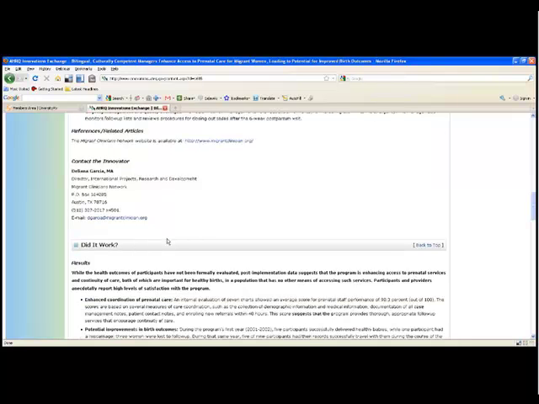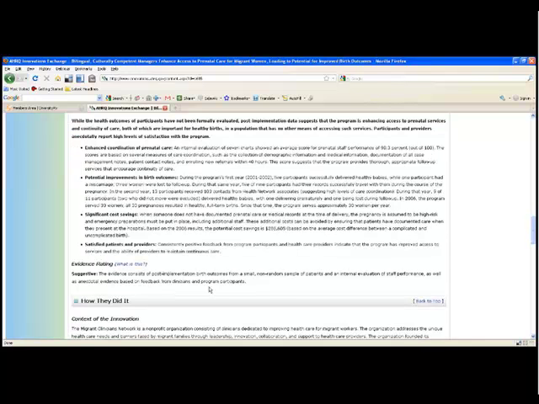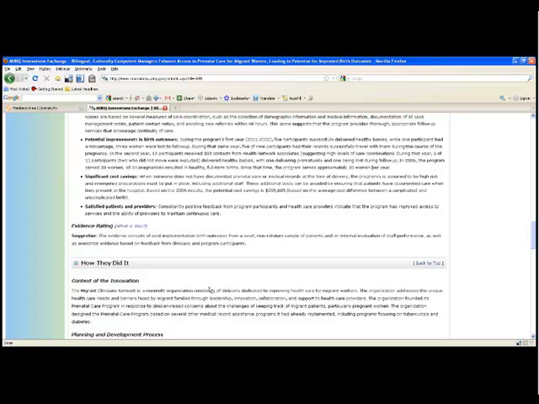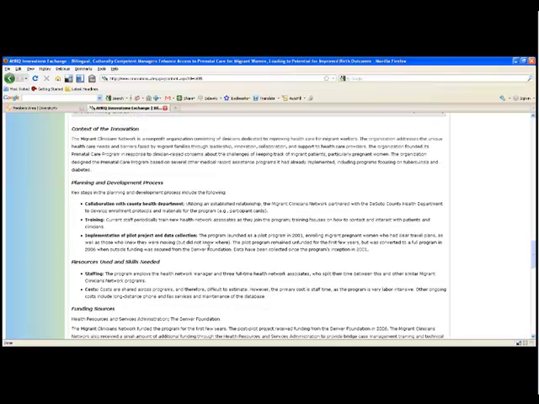And down here at the bottom, there's an evidence rating, which talks a little bit about whether the evidence produced by an evaluation or some other metric actually proves some sort of clinically verifiable kind of improvement that is useful for others. Then it goes into some details about how they constructed their innovation, which I think is very useful for people who might want to replicate this on their own.